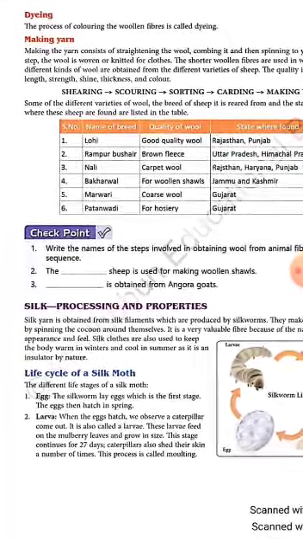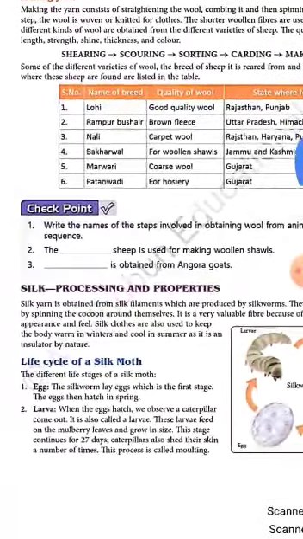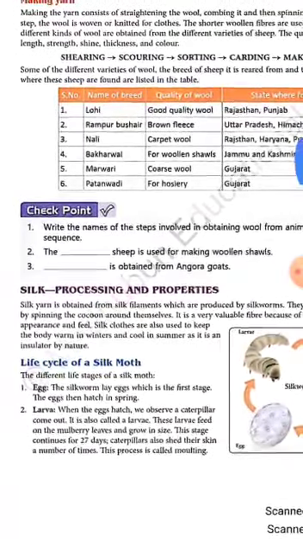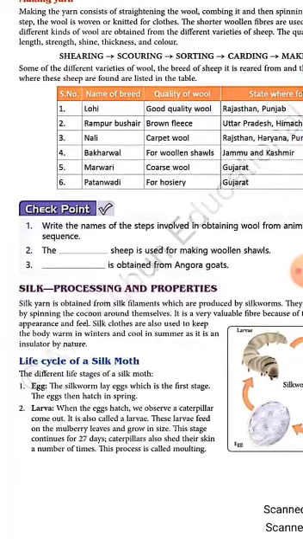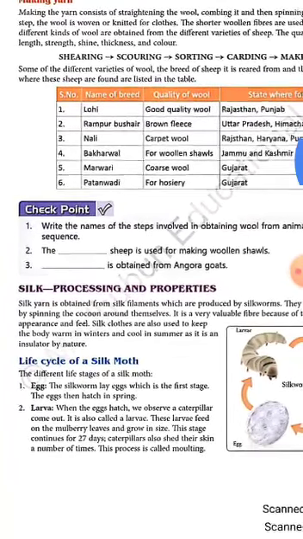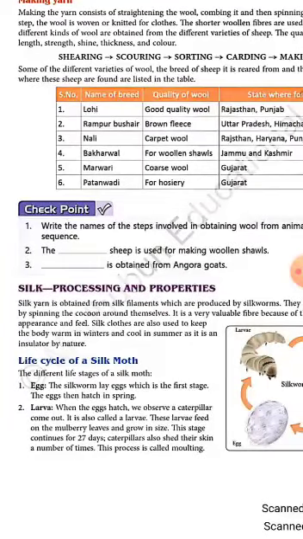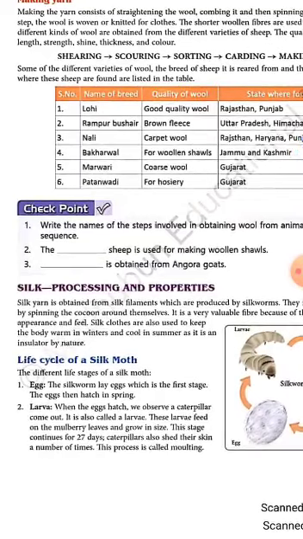So come to the silk processing and properties. Silk is a fine, strong, soft and shining fiber produced by silkworm in making their cocoons. Silk is called resham in Hindi. Silk is a natural fiber which is obtained from silk moth, which is a type of insect. Silk is made up of protein and it is the strongest natural fiber. It is as strong as the thread of steel.